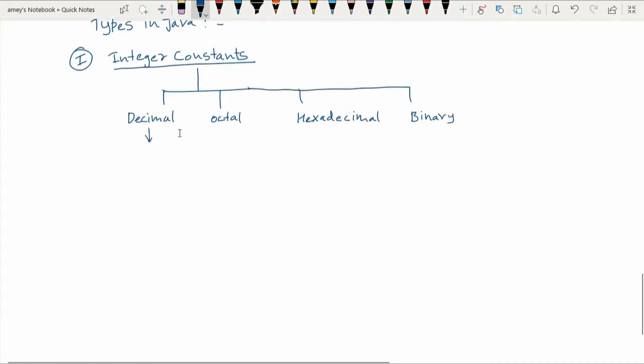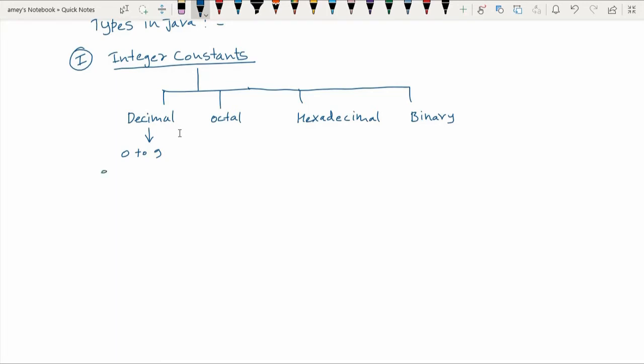Now what are decimal integers? Decimal integers are basically the set of digits from 0 to 9. They consist of any combination of the digits 0 to 9, preceded by an optional minus sign.